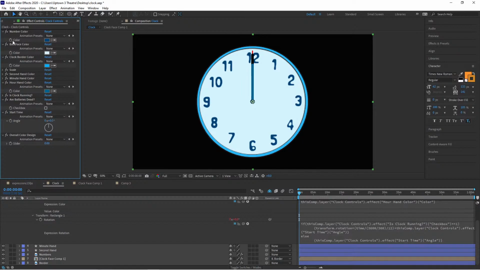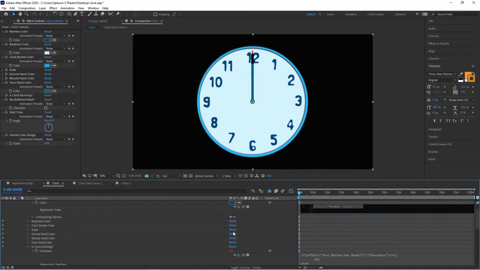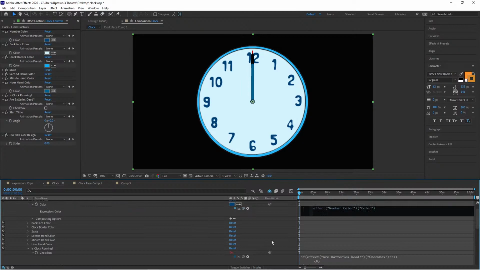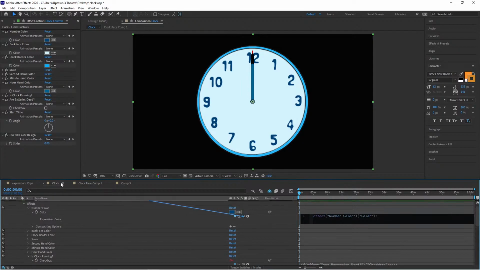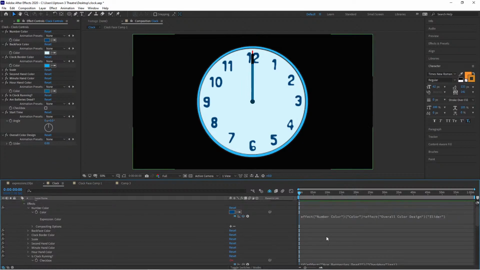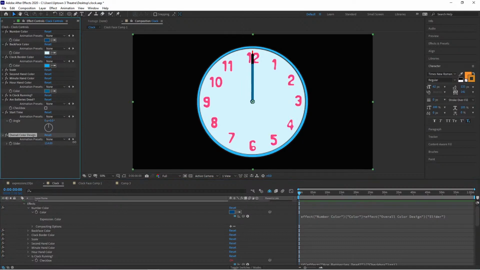It's got a numerical value. I'll click on number color, okay? And we'll just say take itself and then add, all right? And we want to add the value here from the slider. Okay, so our number color